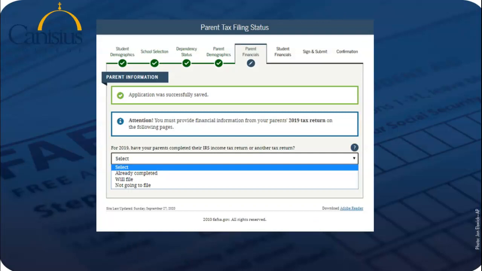Now we are moving on to the parents' financials section of the FAFSA. This is where you will be entering in their tax information. So please make sure that you have their federal tax return handy. So for 2019, have your parents completed their IRS income tax return or another tax return? In this scenario, I am going to say already completed and move on to the next question,